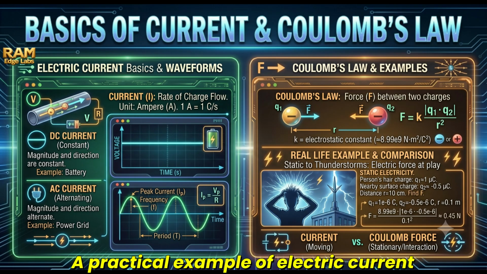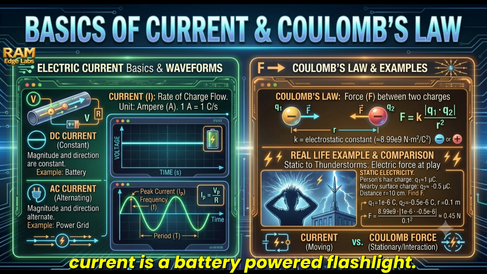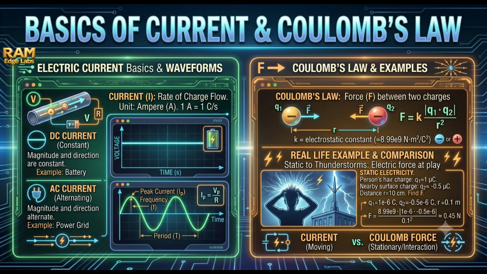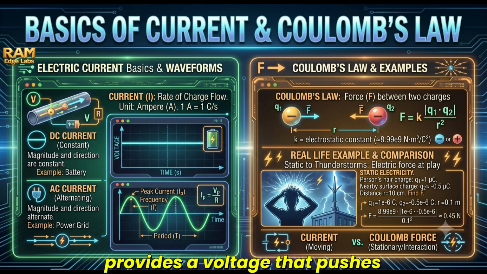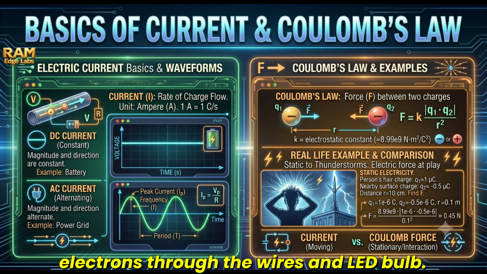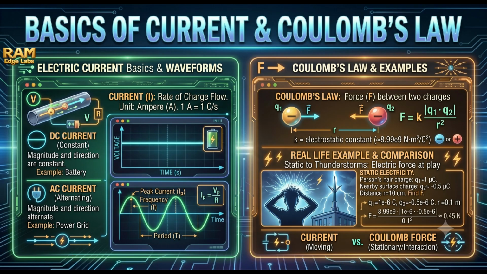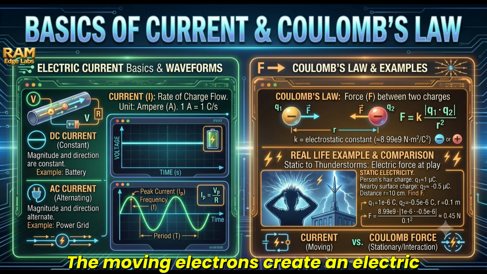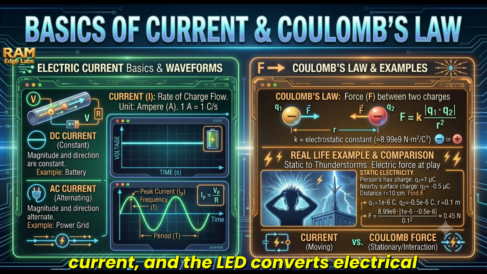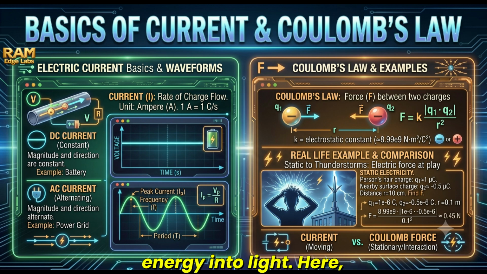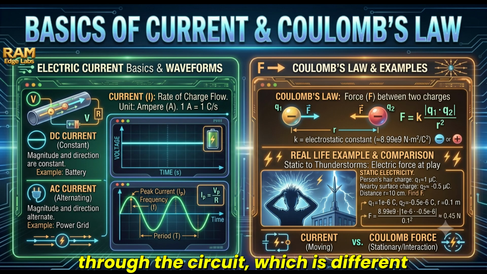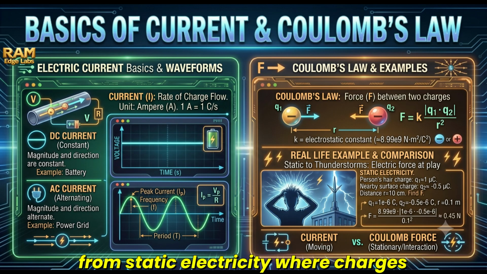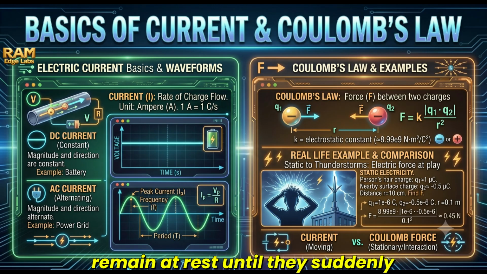A practical example of electric current is a battery-powered flashlight. When the switch is turned on, the battery provides a voltage that pushes electrons through the wires and LED bulb. The moving electrons create an electric current, and the LED converts electrical energy into light. Here, electricity is flowing continuously through the circuit, which is different from static electricity where charges remain at rest until